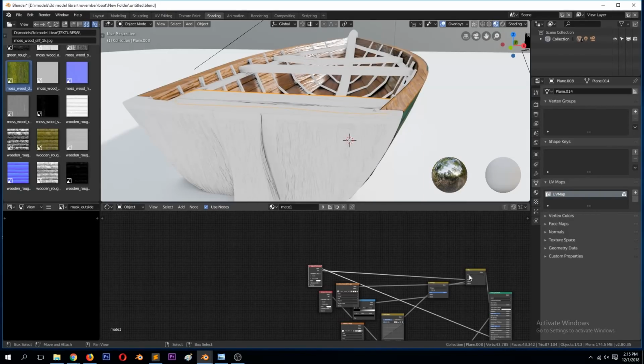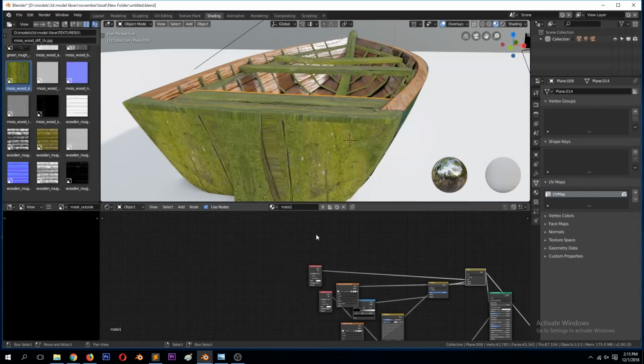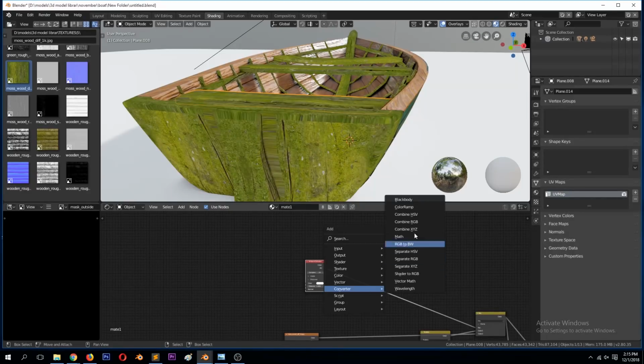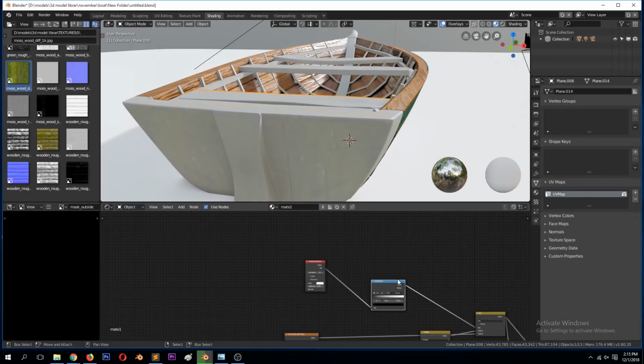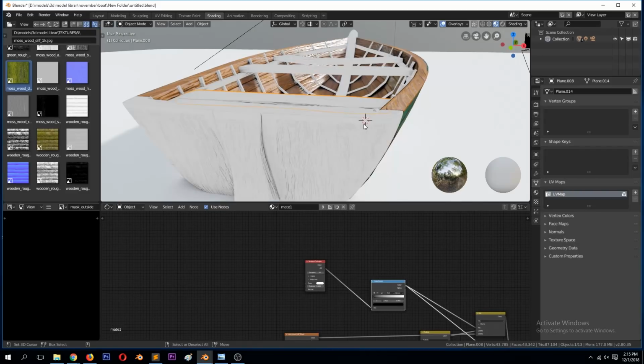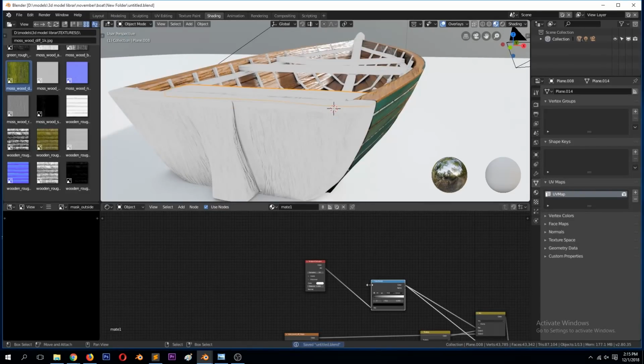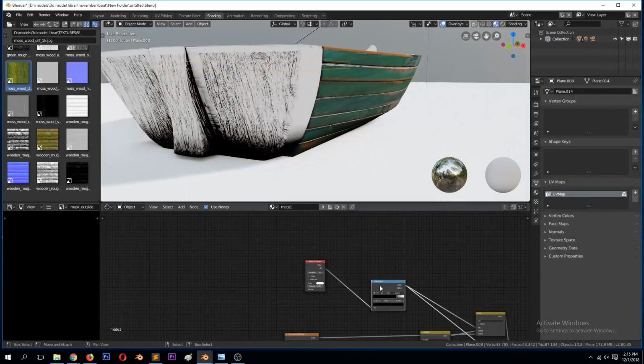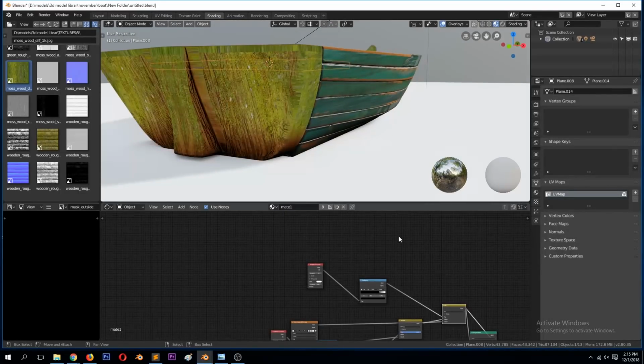So let's preview here. The ambient occlusion is off factor. Let's add a color ramp, control the contrast. Let me increase this like that. Now if we preview this,